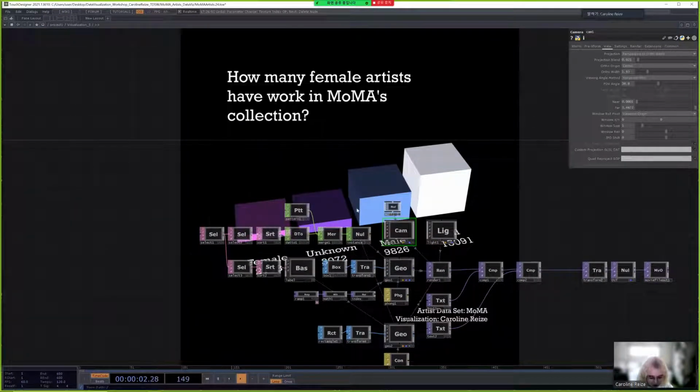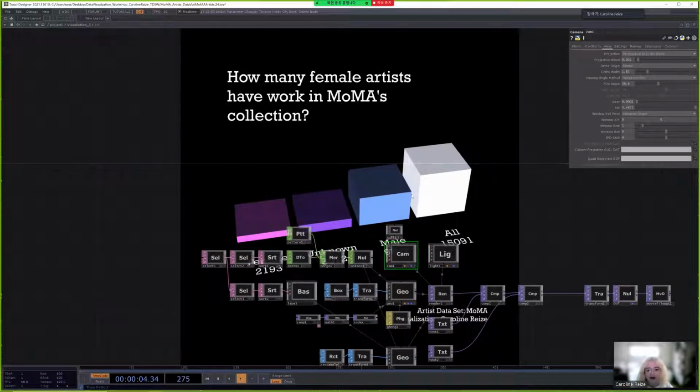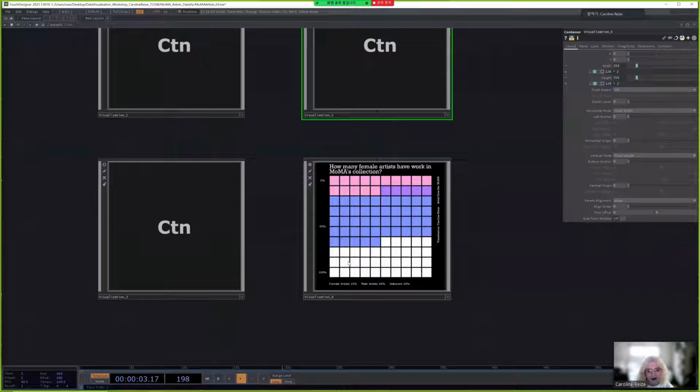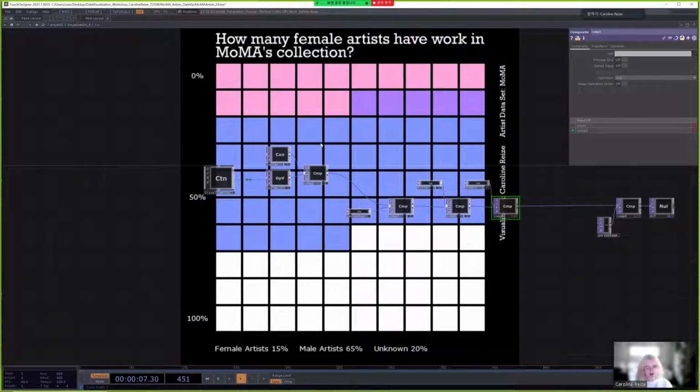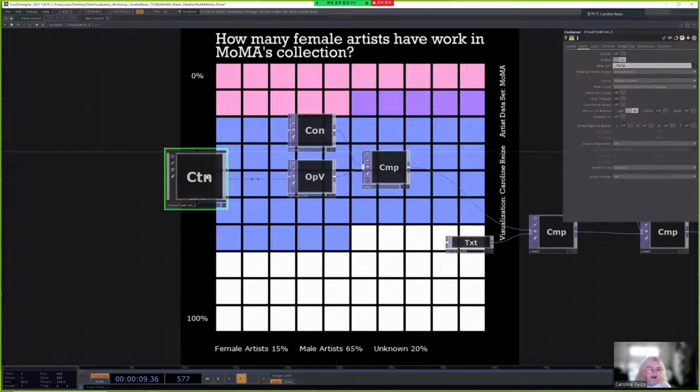So instancing is a really easy way to create multiple of these data points and change the data really easily. And then the second way you can work with data is with